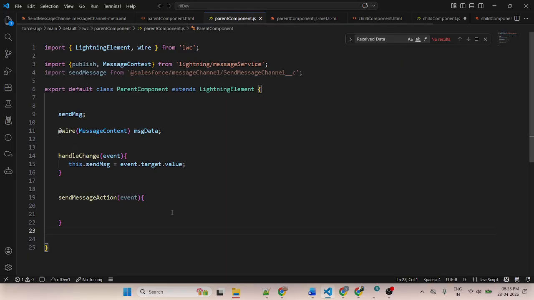So this is a parent component. From parent component to child component, I am passing the data. So here I will use publish. There are three types of parameters applied in the LMS. If you're using publish or subscribe, in both functions there are three types of parameters inside the brackets. First parameter, I will get this adapter, the message context.